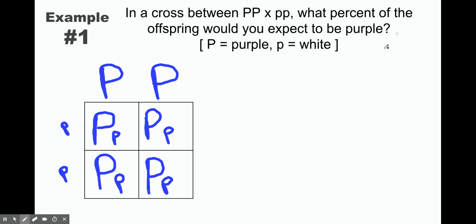Now the question is, what percent of the offspring would you expect to be purple? Well, we have to remind ourselves then what the